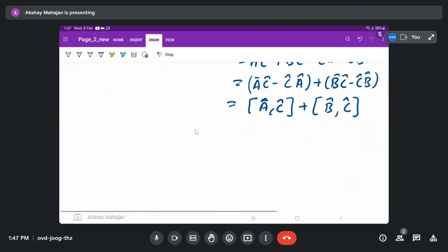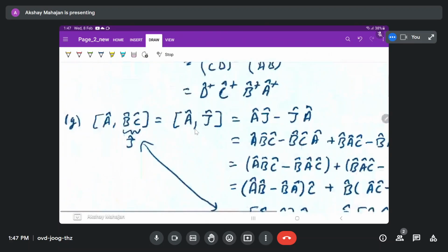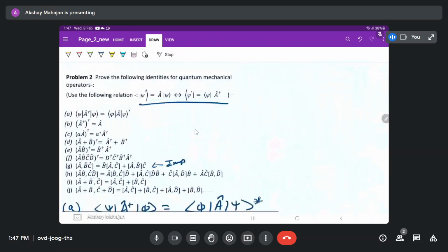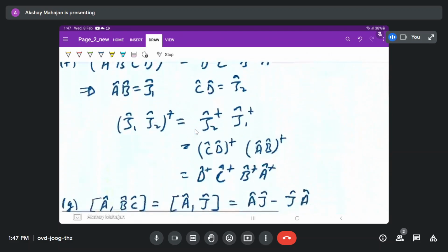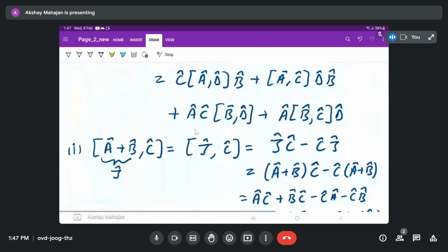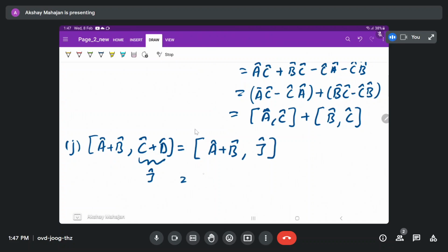Now we will do one more identity, which is basically the use of this identity I, which we just used. Now we will have A plus B and C plus D, and we can just use this identity to solve this kind of problem. So we have A plus B, comma, we have a commutation like this. Let's take this as our J operator. We can write it as A plus B and operator J. This we know will open as AJ plus